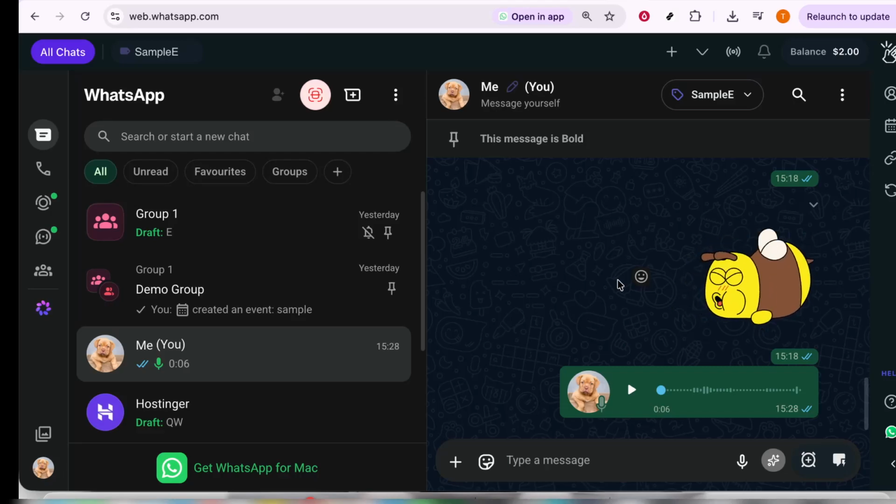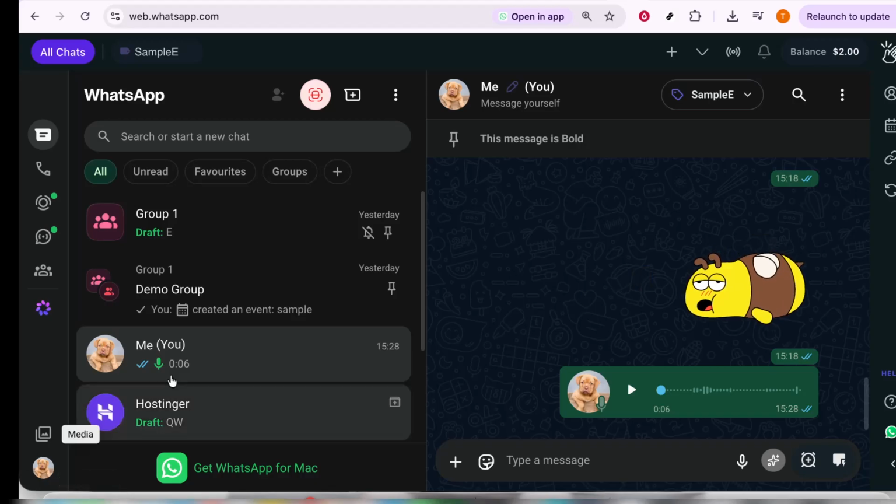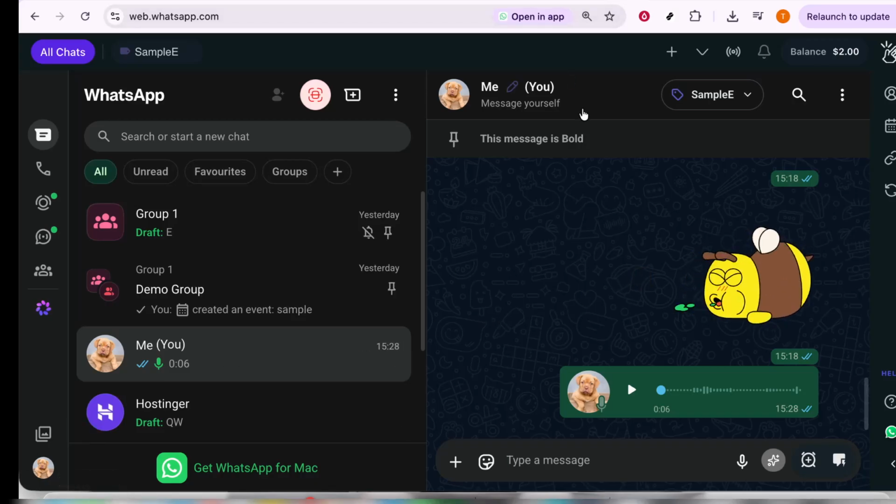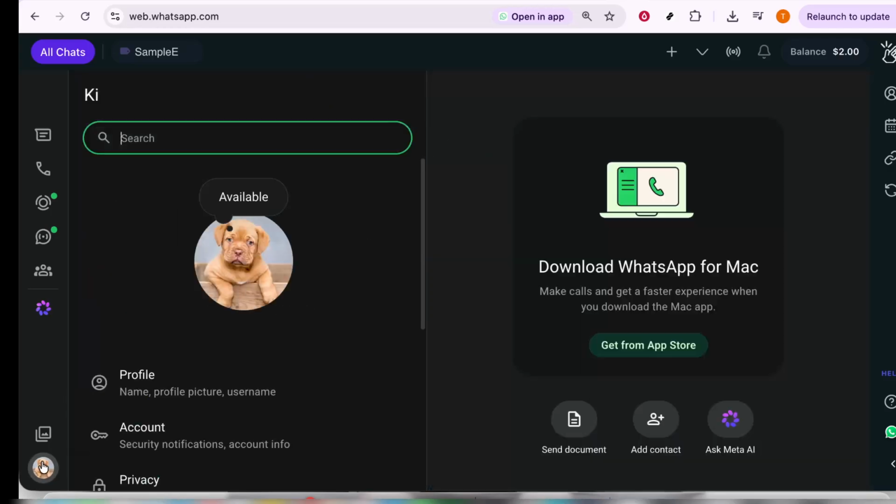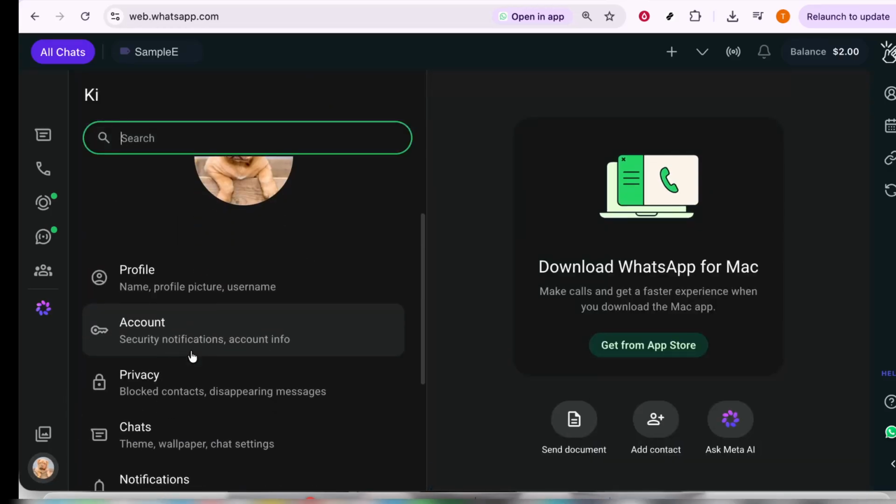First things first, make sure you are logged into your WhatsApp account on your computer by visiting web.whatsapp.com. Once you're on the home screen, you'll want to move your attention to the left side of the interface. Look for a small icon which represents your profile, usually located near the bottom left corner. Clicking on this icon will open up your profile settings, where you'll find the various options to customize your WhatsApp